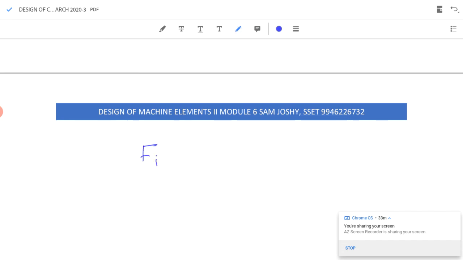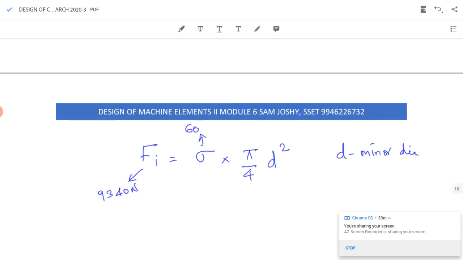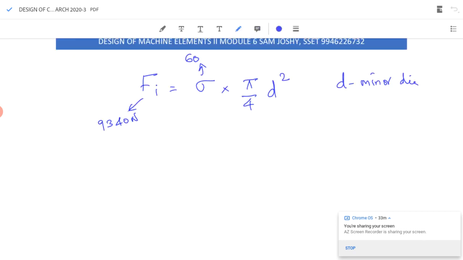Force equal to stress sigma into area pi by 4 d square, where d is the minor dia. Sigma is given as 60 megapascal. Fi, we have found that value, 9340 Newton. I will get the diameter of the bolt, minor dia of the bolt,